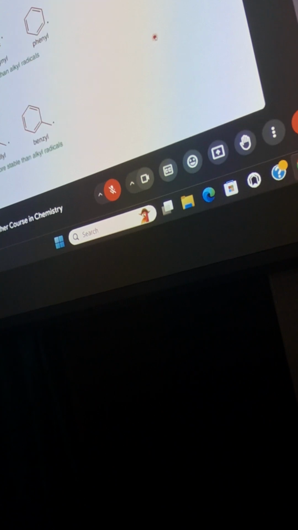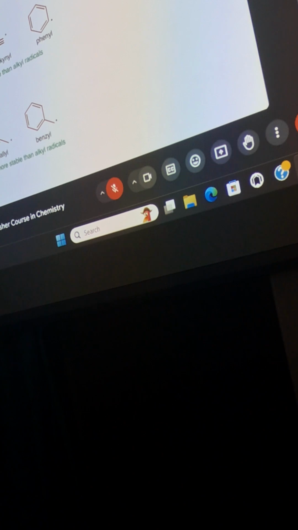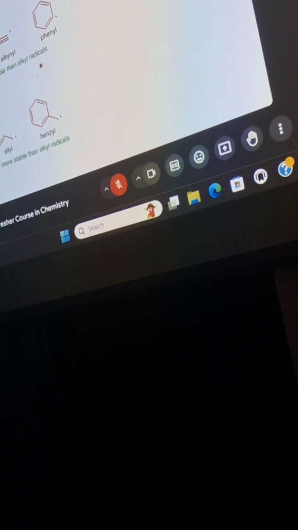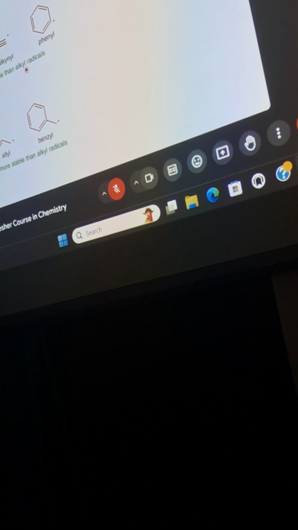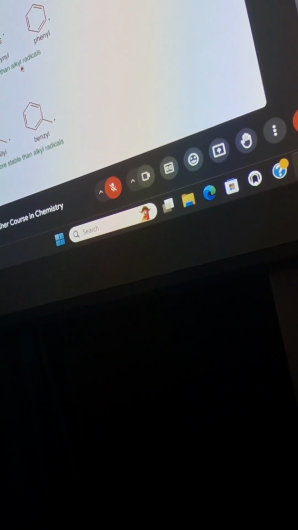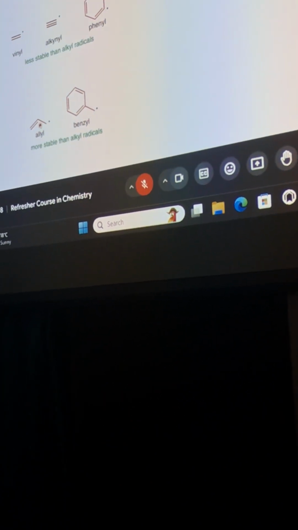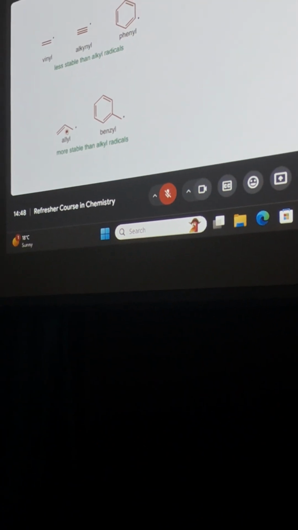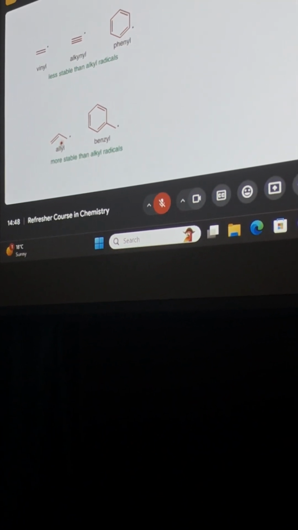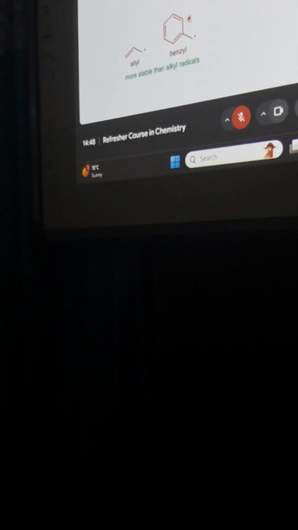So now I move on from this slide to this type of radicals. You can see that the vinyl radical, alkyl radical, or phenyl radical will be much less stable than the alkyl radicals which I just discussed. Similarly, the allyl radical, which I have already discussed with you in the case of that reaction, as well as the benzyl radical, will be more